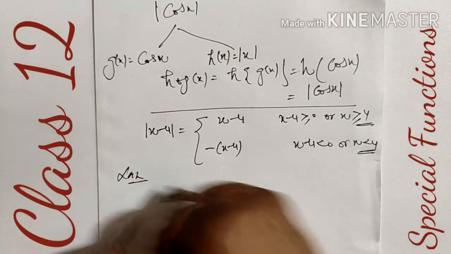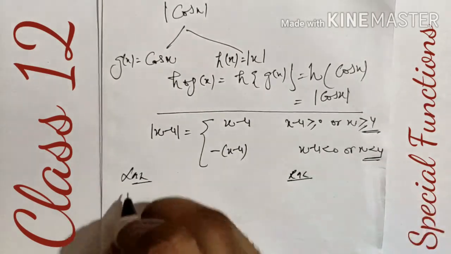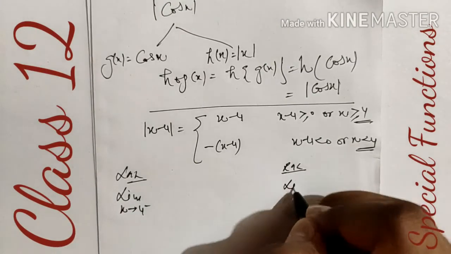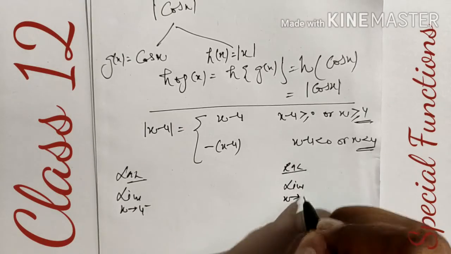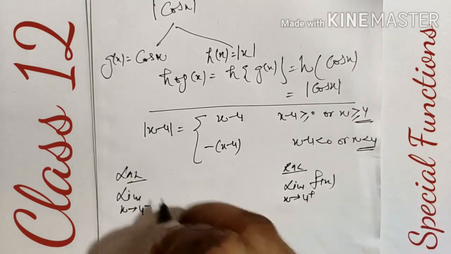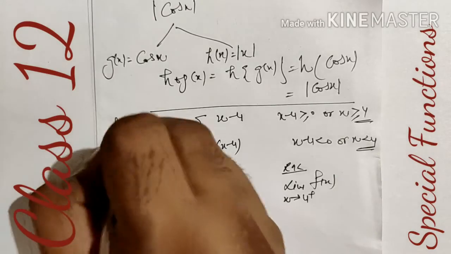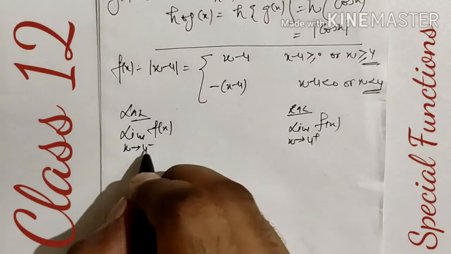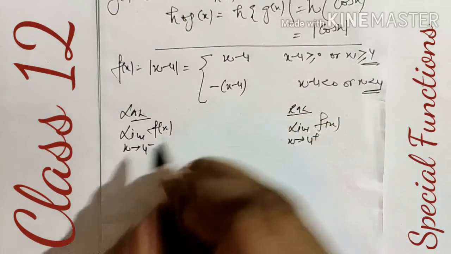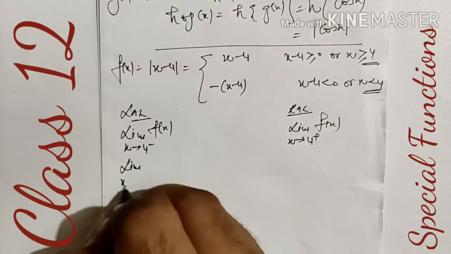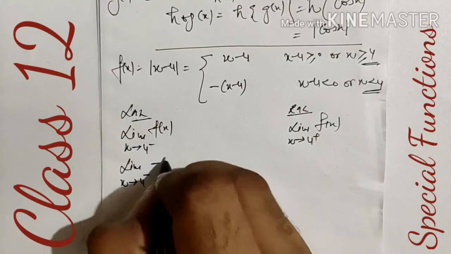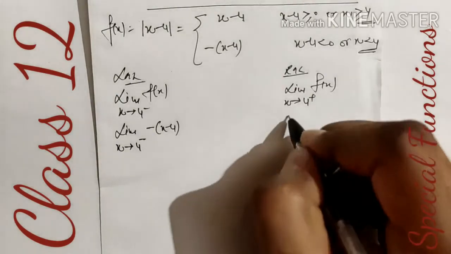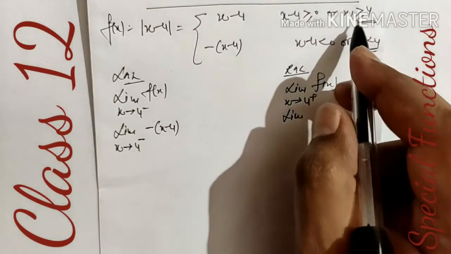So we apply here the same left hand limit and right hand limit: the limit as x tends to 4 minus and the limit as x tends to 4 plus on the function. Let this function be f of x. Now we have to choose the values of the function. For the less than 4 case, the value of the function comes out this one. As x tends to 4 minus, f of x is this one, and for the right hand limit we use this one, the greater than 4 case.